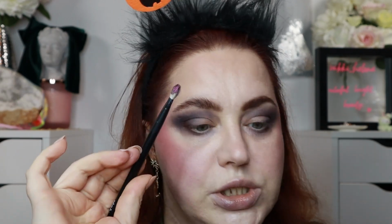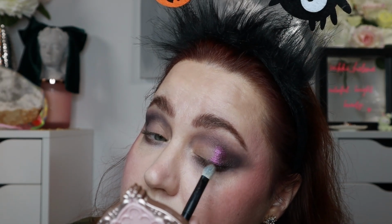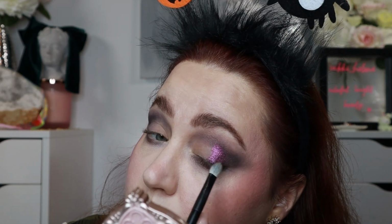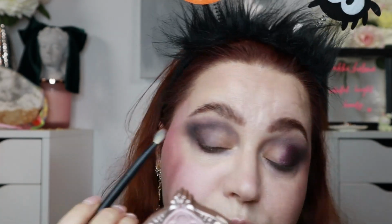That sounds so strange. I will not put the liquid product directly on my eyes. I will just go in with a brush. This one is clean, I'm just staining. I should wash it, but we're all not doing that because I'm lazy. So I'm just grabbing a little bit of product, and then we will just stamp that in the outer corner. I feel like you do have more control if you use the product like this,